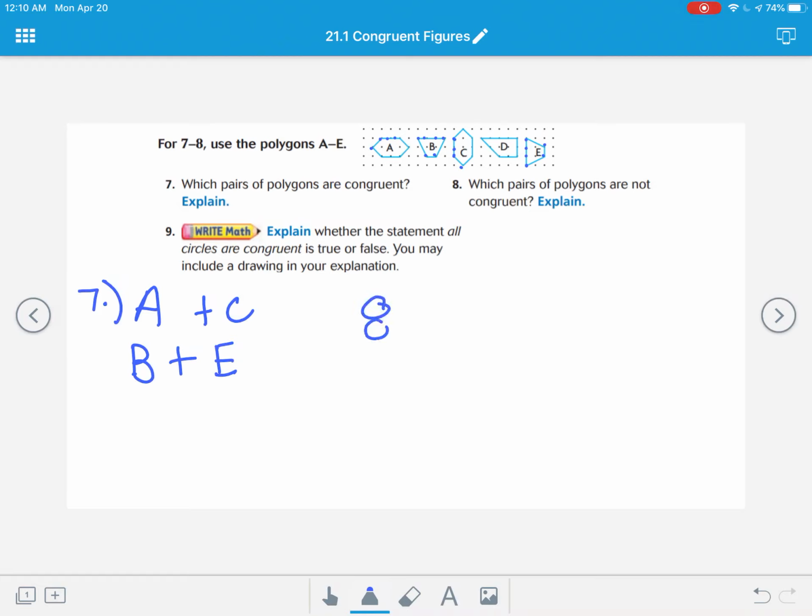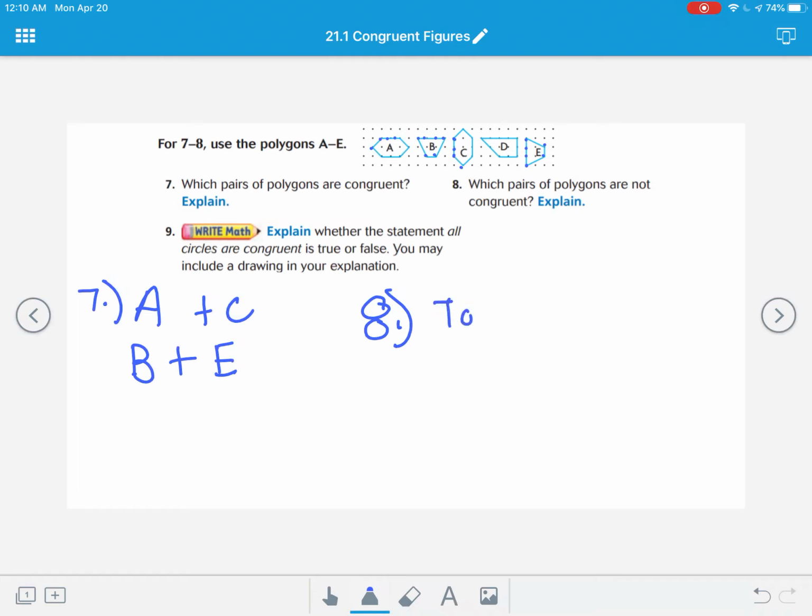All right, number 8. Number 8 says, which pairs of polygons are not congruent? Well, there's quite a few pairs that are not congruent. A and B are not, B and C, C and D, D and E. There's lots of different combinations. Rather than writing all of those out, let's just explain that